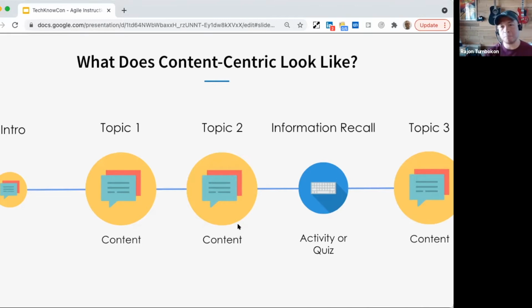You start off with a topic, maybe you see a video, some facts and data, start off with another topic, and then get interrupted with an activity or quiz. This is where information recall comes in: did you remember everything that I gave you so that you could answer this question? This is the standard format for content-centric learning.